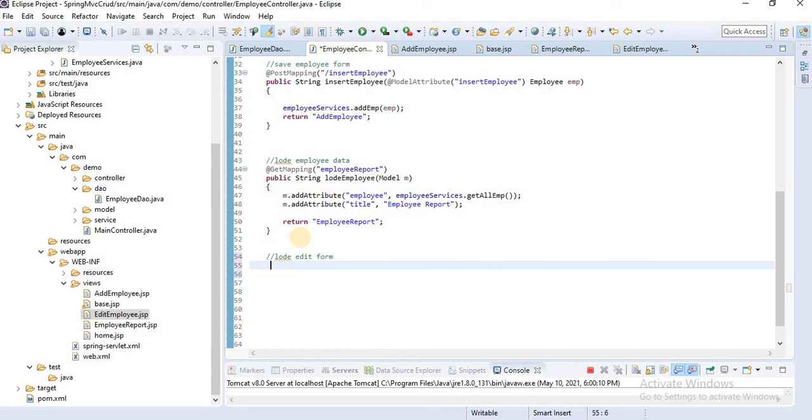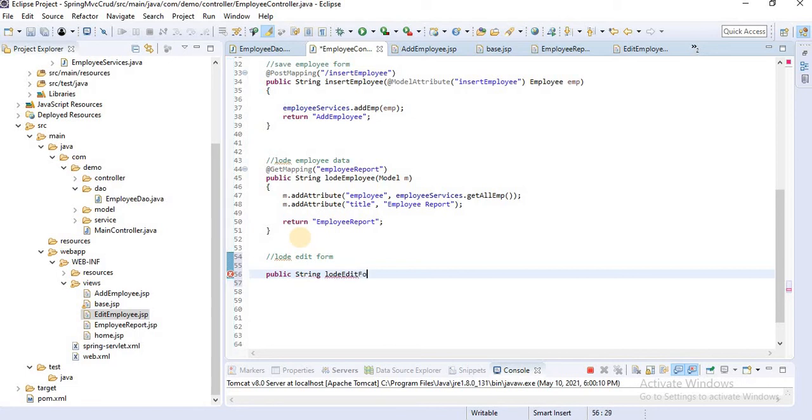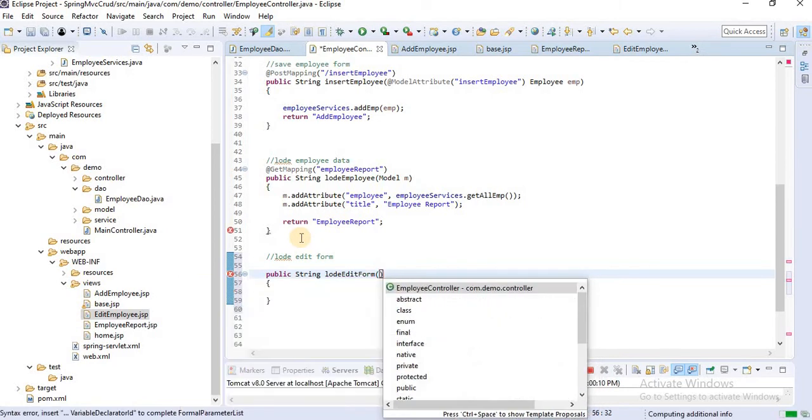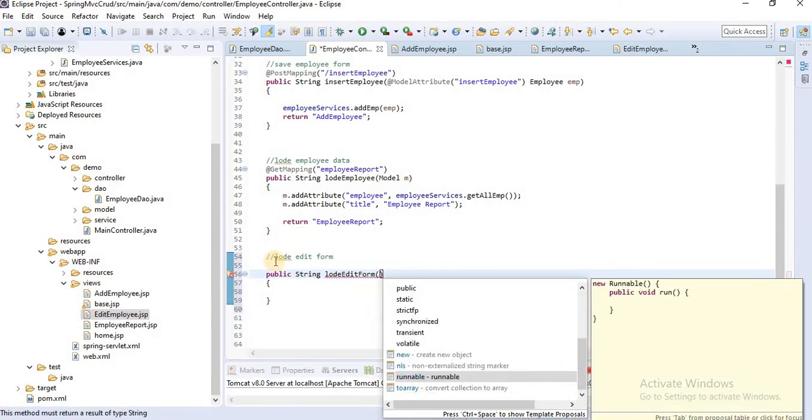Okay, first write the method name: public String loadEditForm. Here we pass a path variable. First we will add the URL.